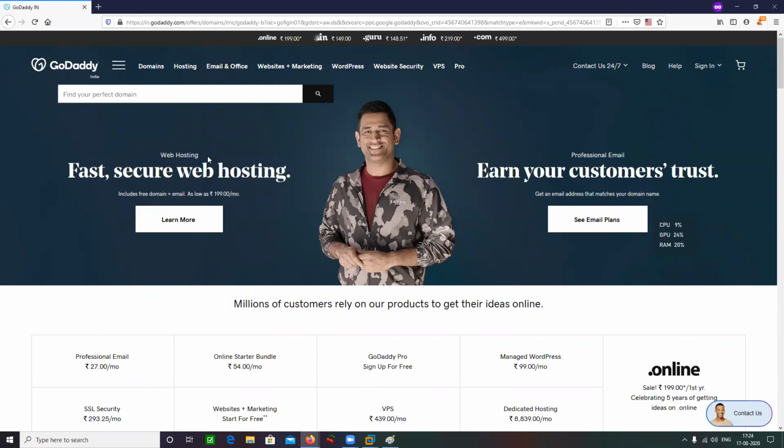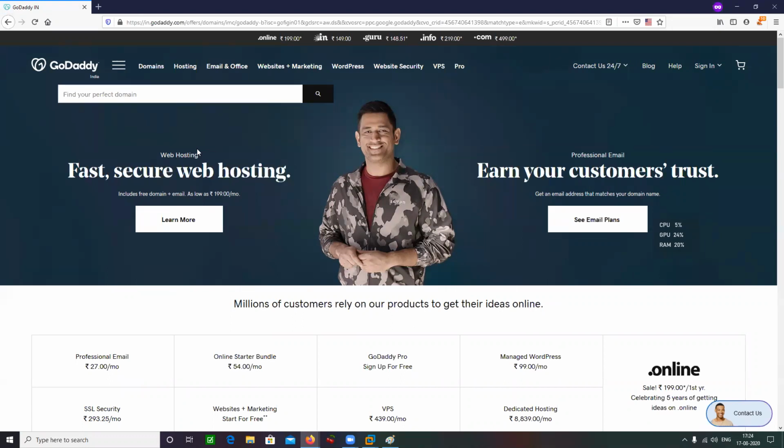It's like you have got a car, but you need some parking space to park that car. Just like that, you have got a domain name, but you need a place where you can host that domain name so that everyone can access it. You will be having some web pages. It's like a server, you can say.